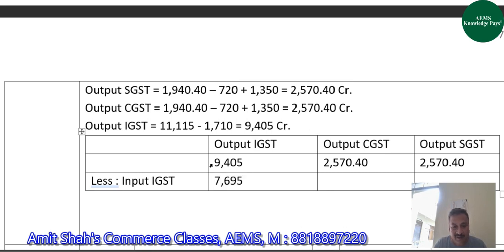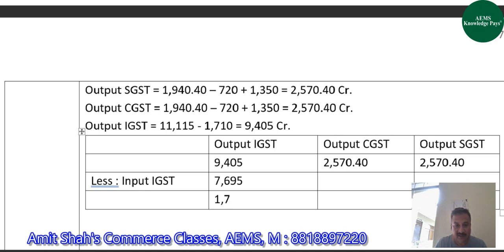How much is the balance left here after subtracting these two? 1710 is the balance left for output IGST. So this would be adjusted by